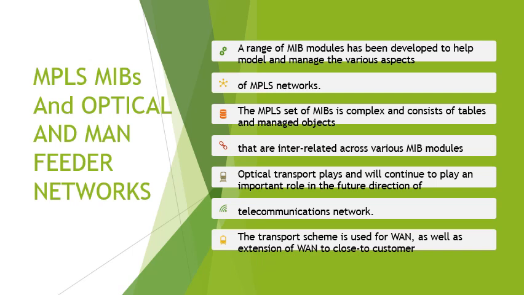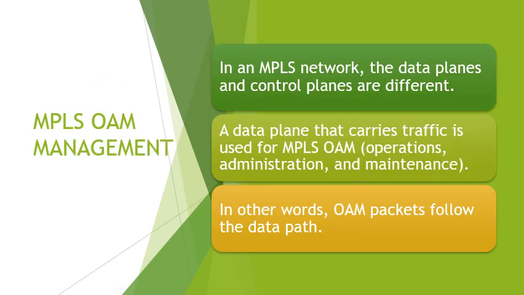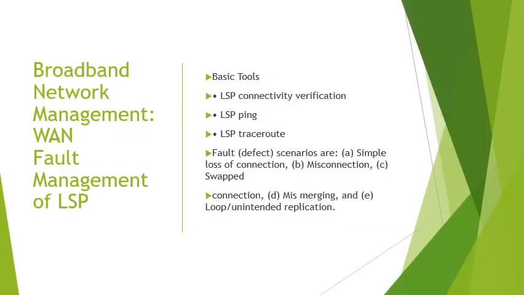Optical transport plays and will continue to play an important role in the future direction of telecommunication networks. The transport scheme is used for WAN as well as extension of WAN to close to the customer. In an MPLS network, the data planes and control planes are different. A data plane that carries the traffic is used for MPLS OAM, operation, administration, and maintenance. In other words, OAM packets follow the data path. Basic tools: LSP connectivity verification, LSP ping, LSP traceroute. Fault detect scenarios are a simple loss of connection, misconnection, swap connection, mismerging, and loop and unattended